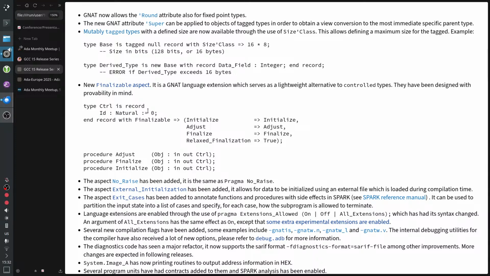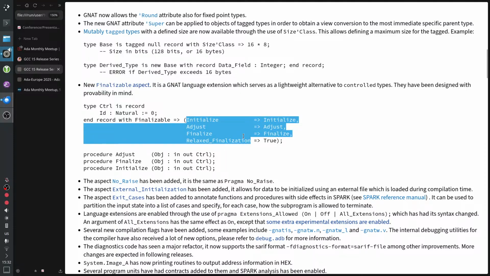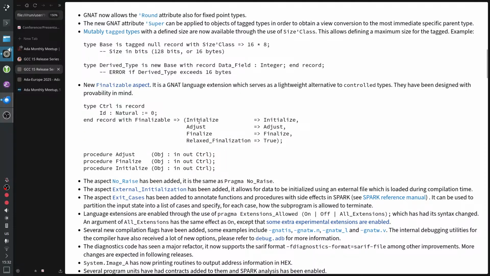So as you may know, we have controlled types in Ada. They are very nice for some things, and they are not so very nice for other things. And one of their biggest limitations was that control types couldn't be used in Spark because their behavior was not well defined in many cases. Well, the finalizable aspect gives us basically the most common and most useful features of control types in a way that